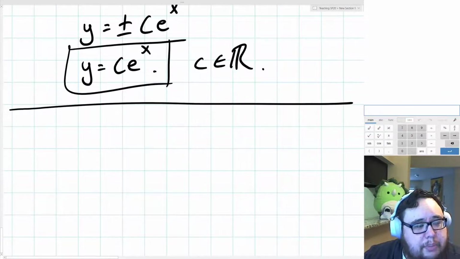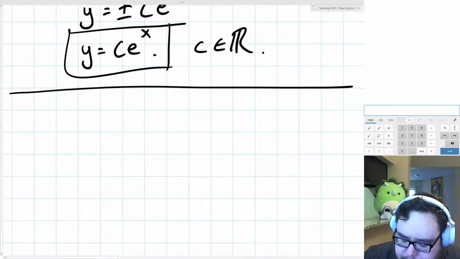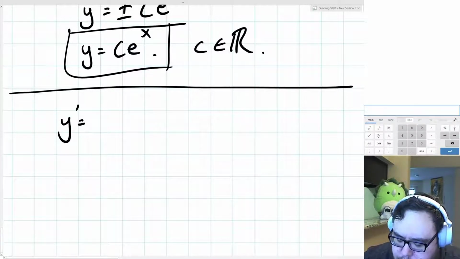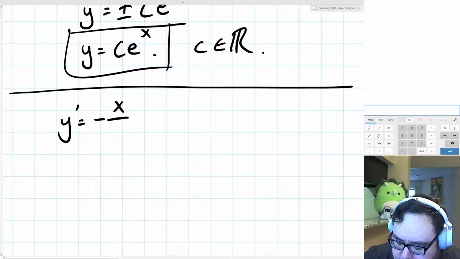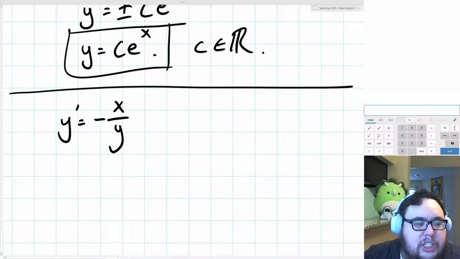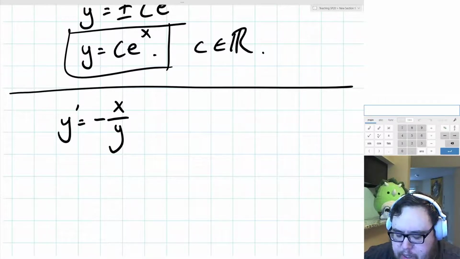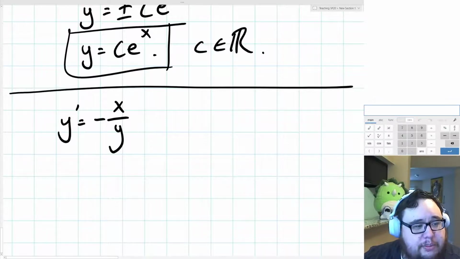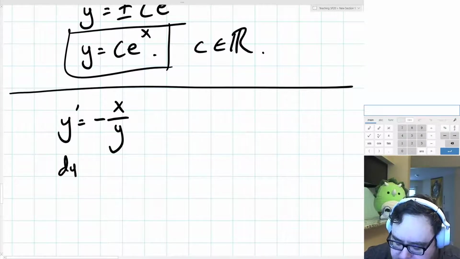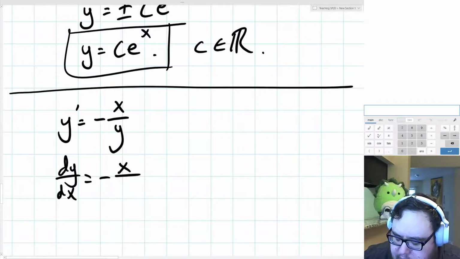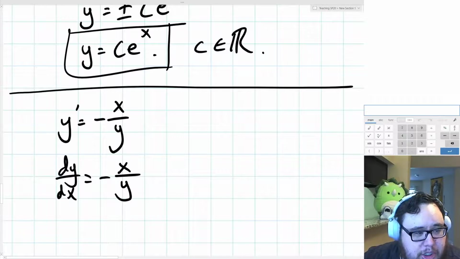Let's take a look at another example. Let's say that y prime is equal to negative x over y. Some of you guys might remember this specific differential equation, actually. It's the answer that we got when solving a related or an implicit differentiation problem, actually, that dy over dx is equal to negative x over y. And we'll see exactly which implicit differentiation problem it is in just a second.